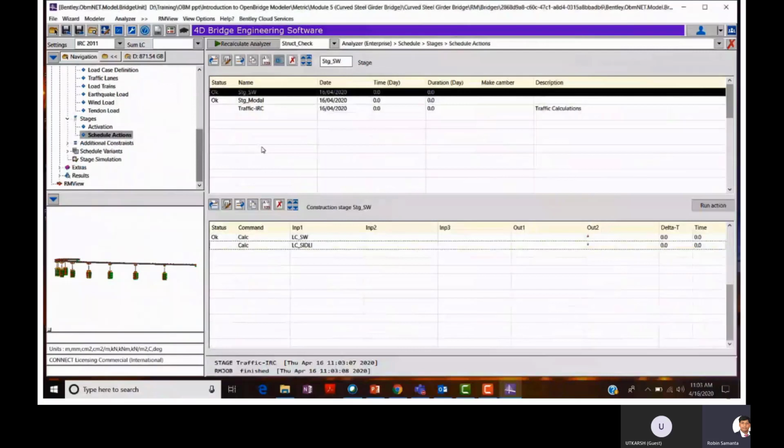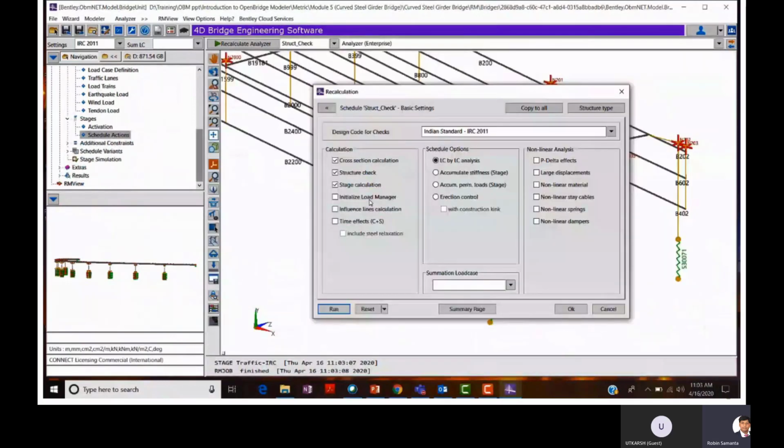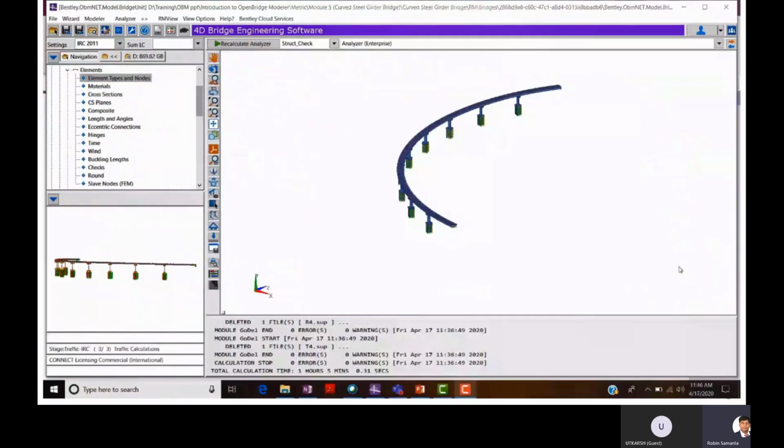It runs by influence lines. It creates influence line files, and from there it superimposes based on the different vehicles you have placed. So once we run, we have defined self weight, SIDL, and live load.